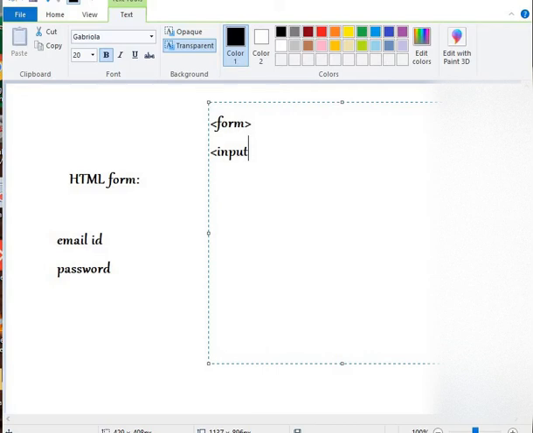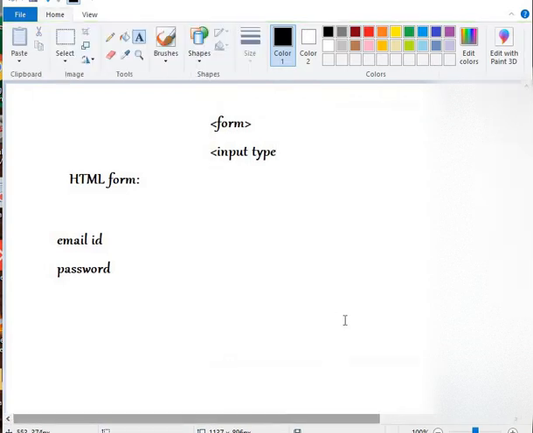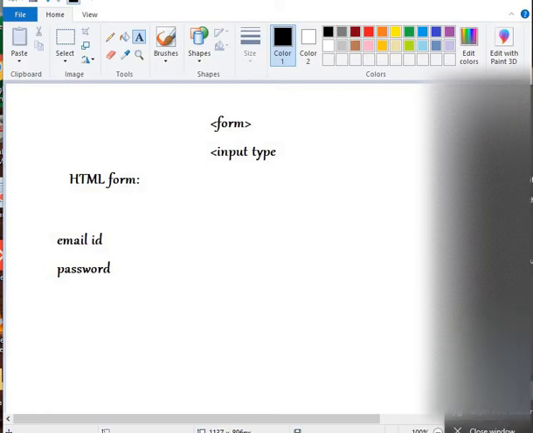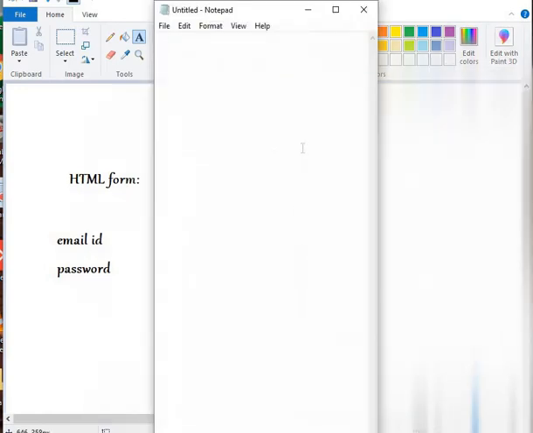So you will just write input, and then you will provide the type of the data this input tag is going to deal with. Okay, let's create a form in HTML. We're going to create a form in HTML, and I will explain as we move along.